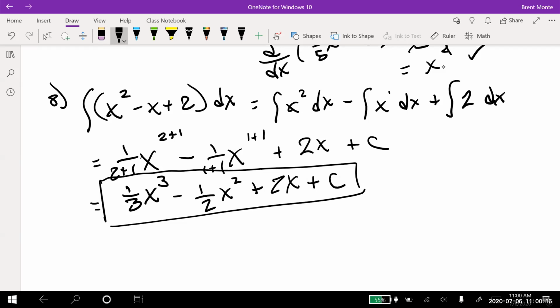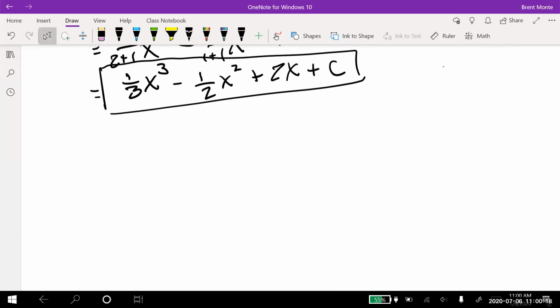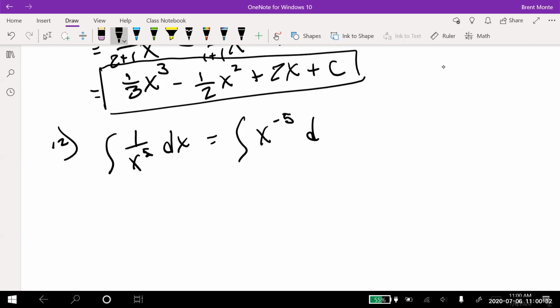All right, so let's make them a little more difficult than that. It's fewer steps. It's problem 12. It's just the integral of 1 over x to the 5th. And just like derivatives, the key there is remembering that really means x to the -5 power. But then to do it, I do just what I've been doing. I add 1 to the exponent, and I multiply by the reciprocal, plus c. So I'm going to get x to the -4, and so it's 1 over -4 plus